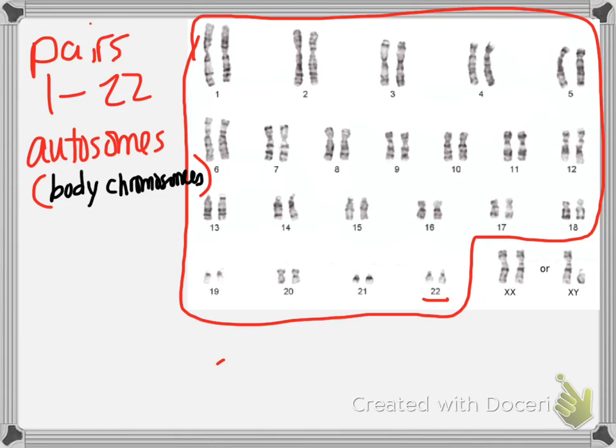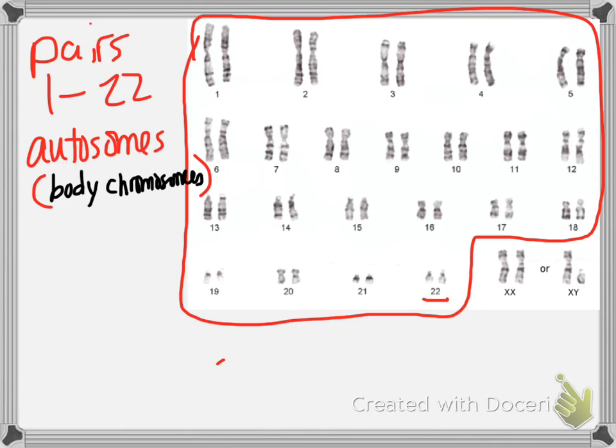And there are genes on these body chromosomes, these autosomes, for all sorts of things. Hair color, eye color, leg length, a number of conditions. There's a gene, I forget which chromosome it's on, that controls a process by which your body makes mucus. And if you get a defect in that chromosome, you end up with thicker mucus than average. And that's a disease called cystic fibrosis, which we'll talk about a little later. There are genes for all kinds of things on this. All kinds of genes that control things about you.